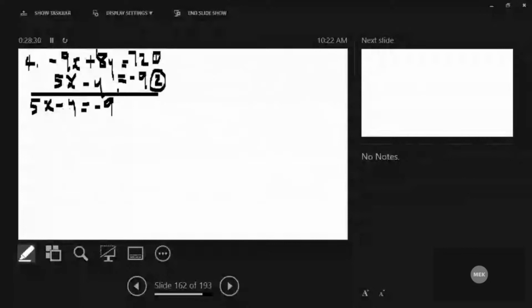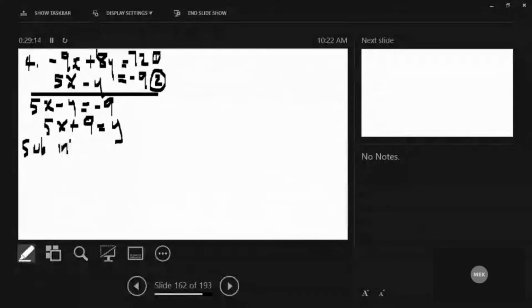So 5x plus 9 is equal to y. Okay. So we're bringing over the negative y, it becomes positive y. Bringing over the negative 9, it becomes positive 9. So this is the value for y, 5x plus 9. So we're going to go to equation 1, and wherever we see y, we're going to plug in 5x plus 9. So substituting